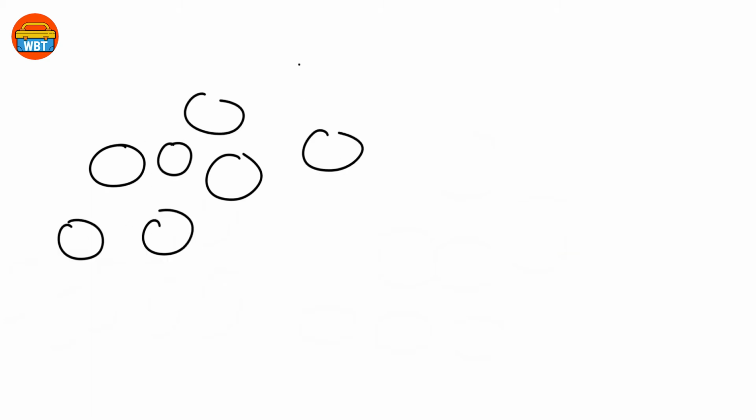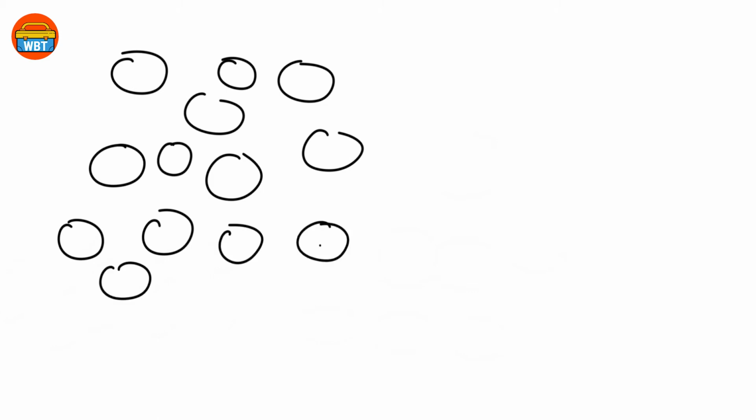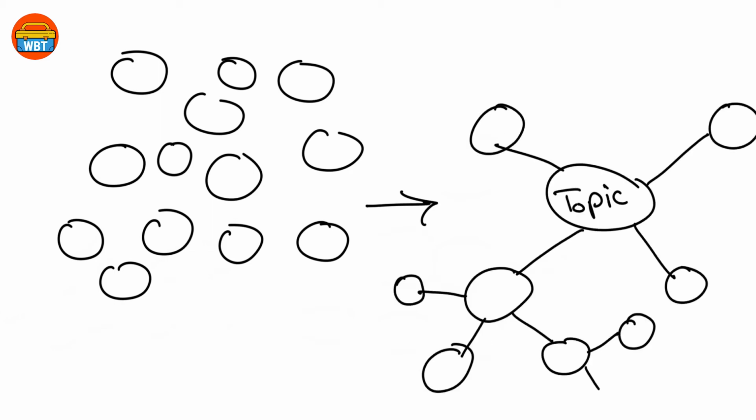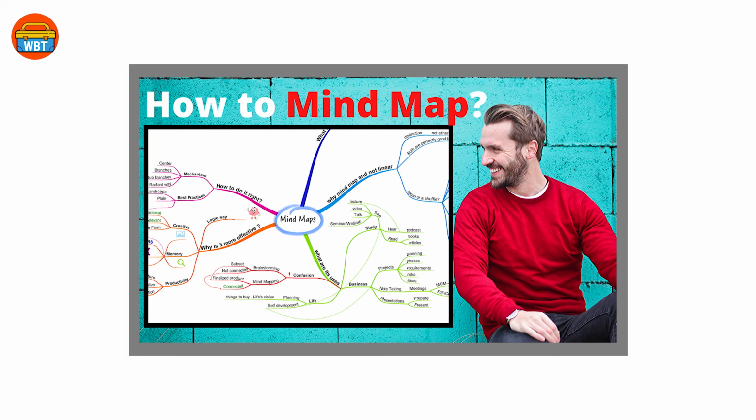Same with mind mapping. First, you brainstorm story ideas or writing ideas or video ideas for your channel. So far, this is just random ideas on a piece of paper, and this is called brainstorming. The next step is to organize those ideas by relation, and that picture you have is called a mind map. You can check the mind mapping tutorial here for more information.